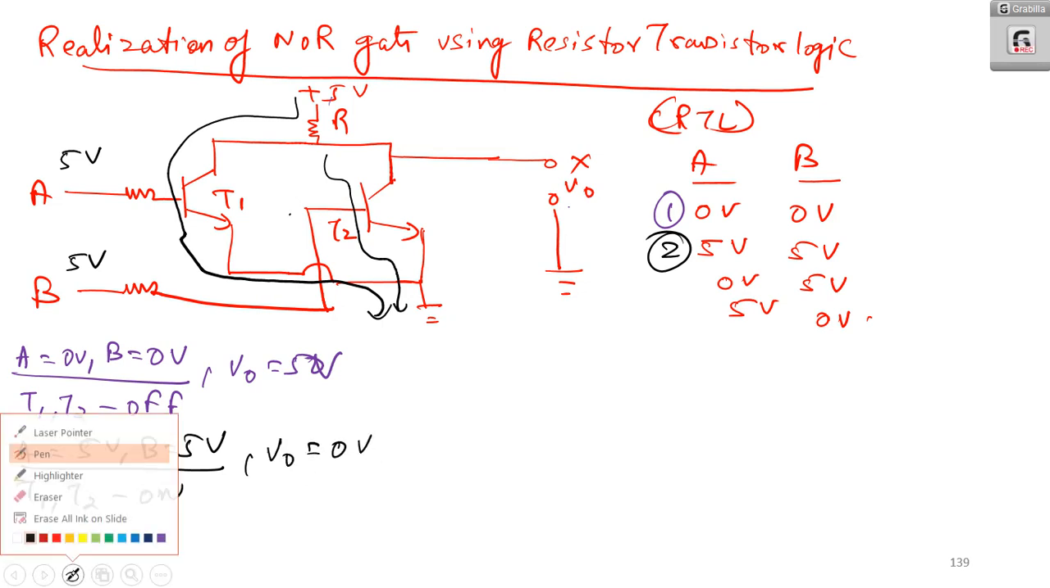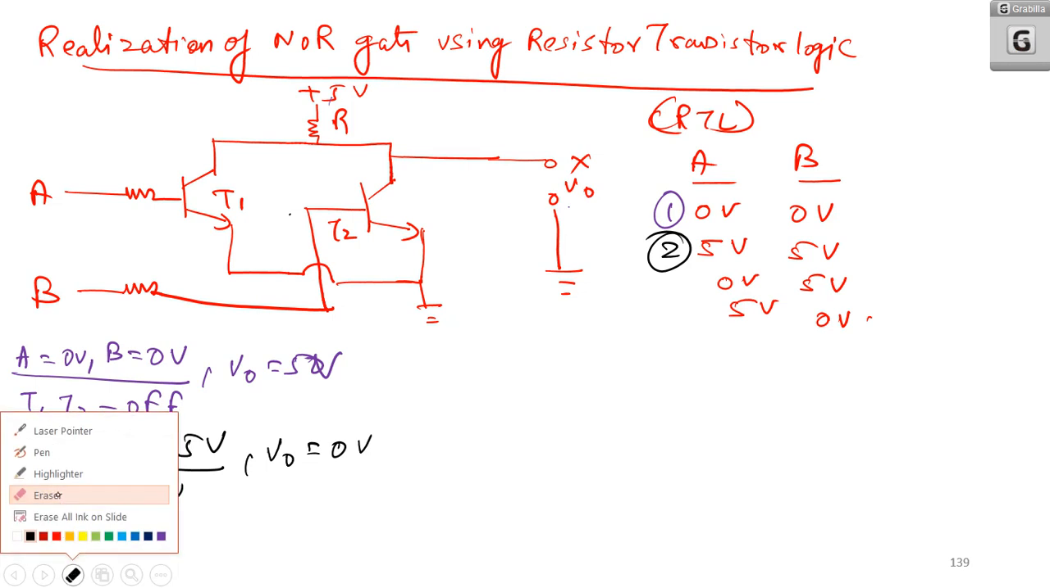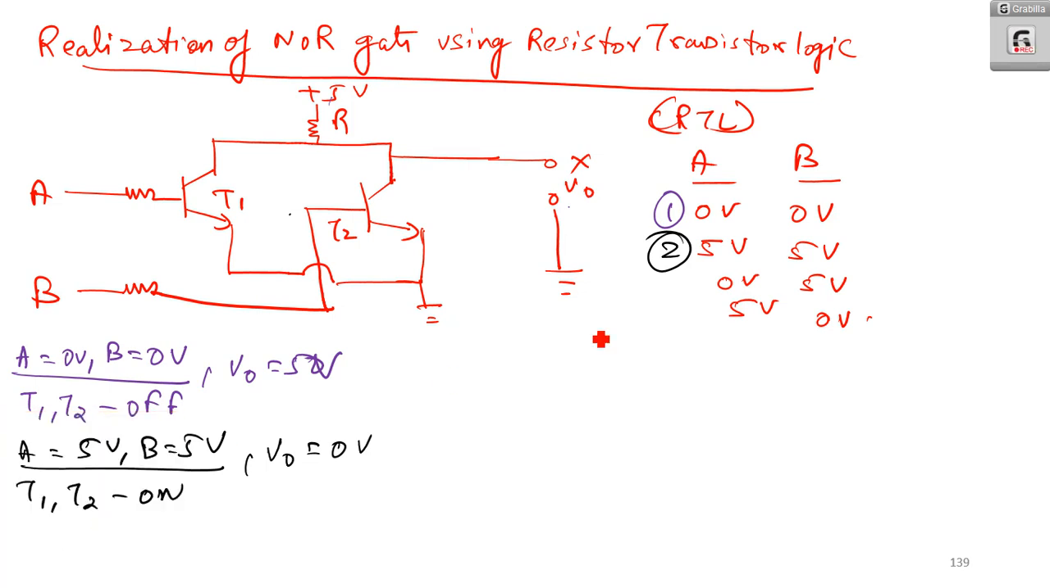Okay. Now coming to the next case. Coming to the third case. Third case is when A is equal to 0 volt and B is equal to 5 volt. When A is equal to 0 volt and B is equal to 5 volt,